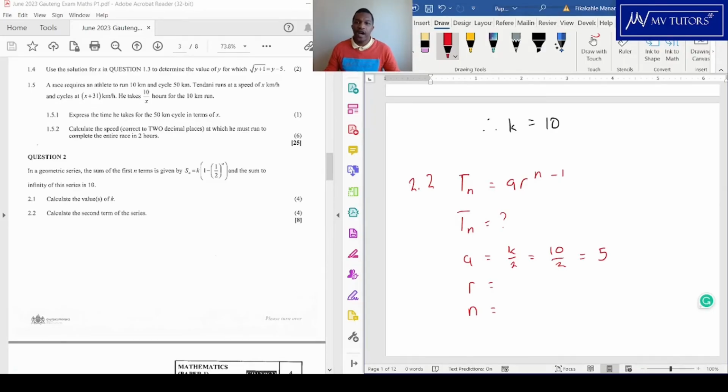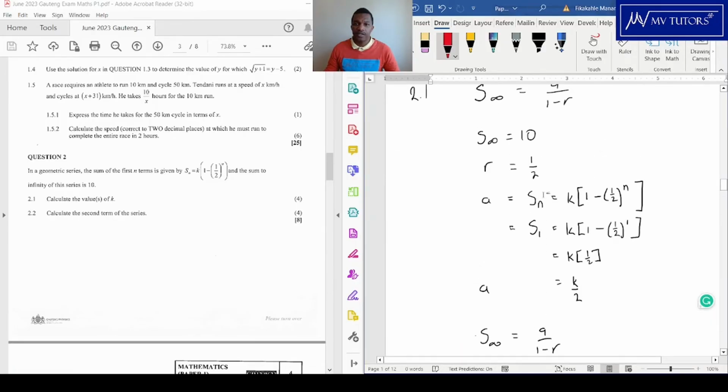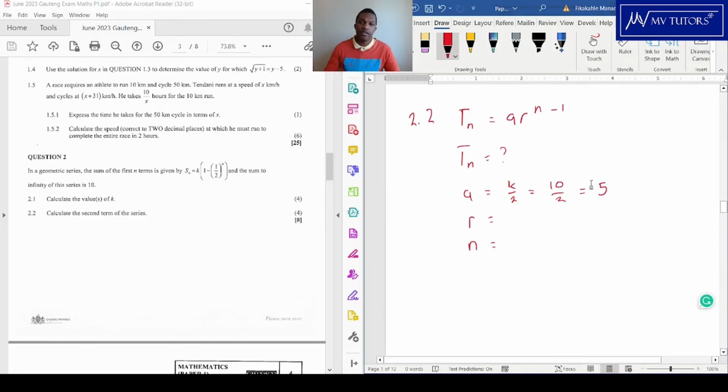And then what's our value of r? There it is. It's still a half. Doesn't change. Remember, this question is following the first one. And then n, it says second term. So our value of n is 2. So therefore, we will say Tn, where there's the n, we'll put a 2. a, we solved a, it equals 5 times our r. What's the value of r? r, I'll put it in brackets. It's still a half. And then n is 2